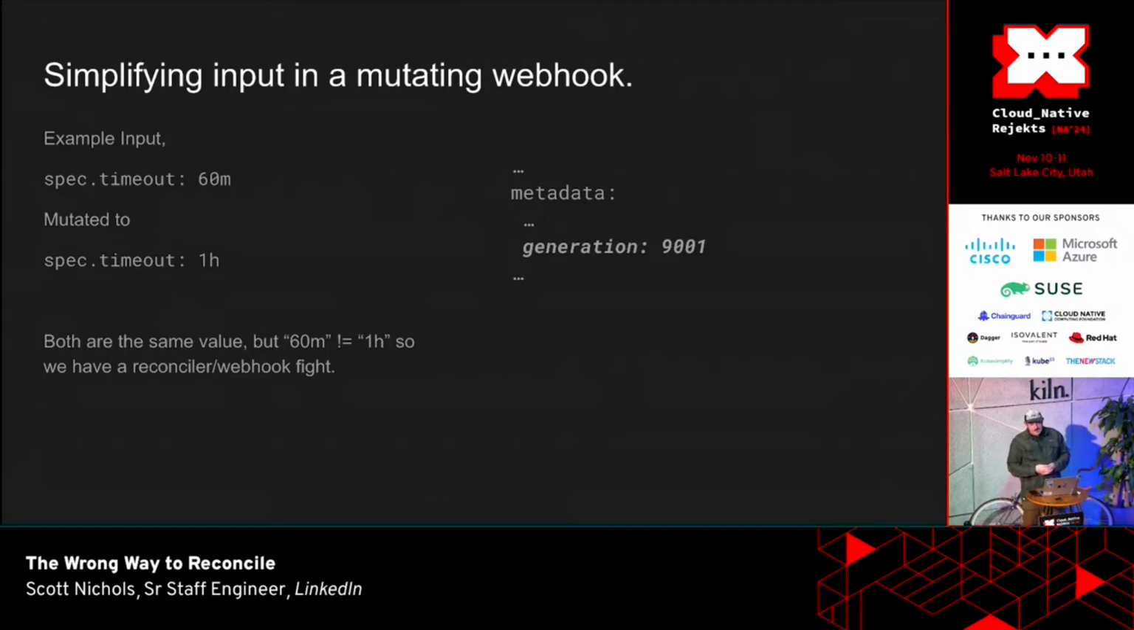One that we bumped into in Knative a bunch is adding very helpful mutation webhooks that simplify the input. So a user types in 60 minutes, and the webhook will turn it into 1 hour. Same value, right? But then maybe a controller spits it out, and then we see that it's a change, and then we fight. We fight forever, and then we get observed generation over 9,000. It's probably more like 40,000, but